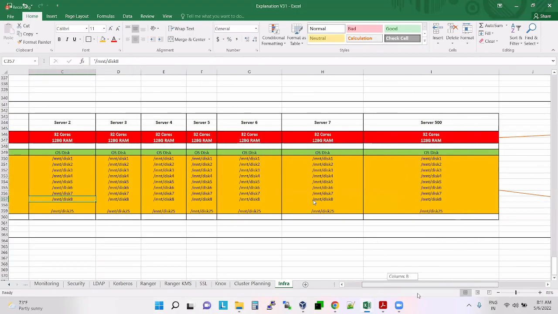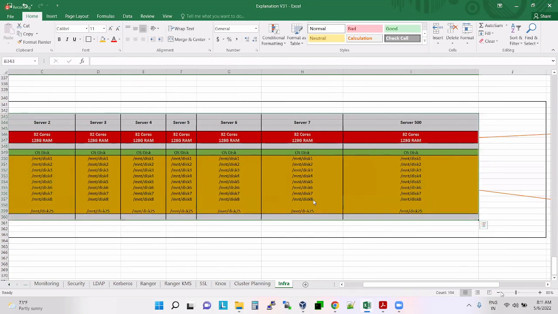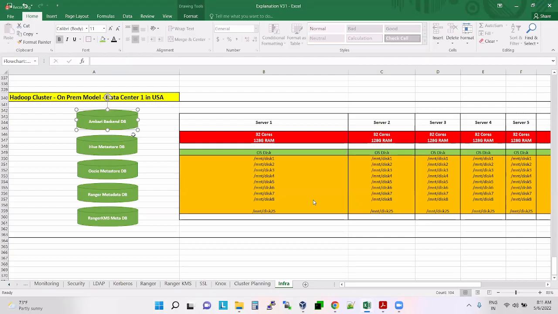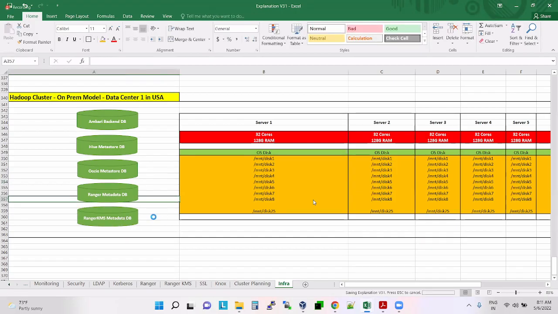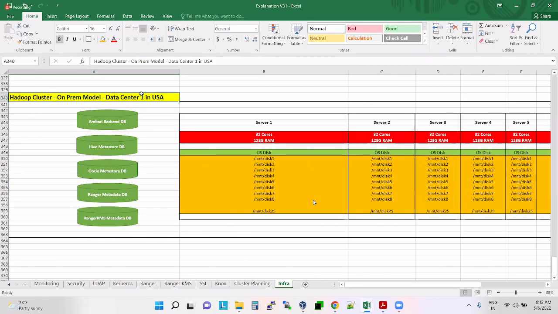So this is your on-premises infrastructure you are setting up, and you will have the backend databases: Ambari backend DB, Hive Metastore, Oozie Metastore, Ranger Metastore DB, Ranger KMS metadata DB. Everything is managed in the databases. Will you agree with me? Is it okay if I say this is an on-premises Hadoop cluster?